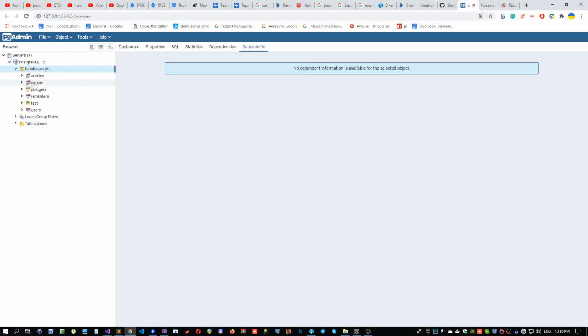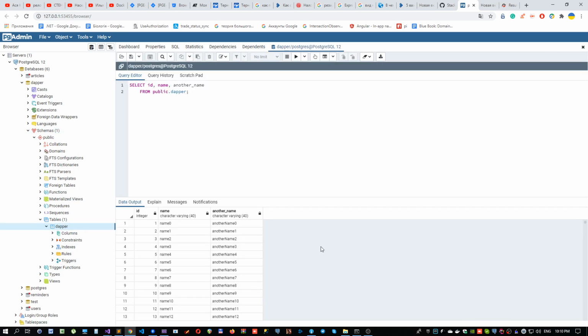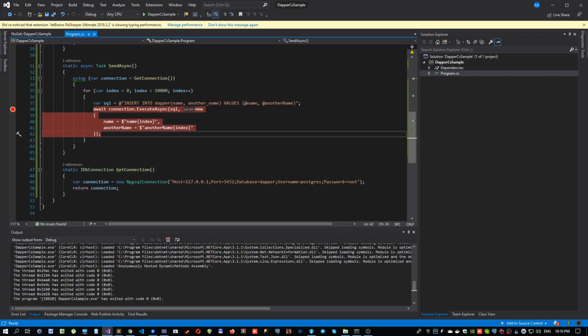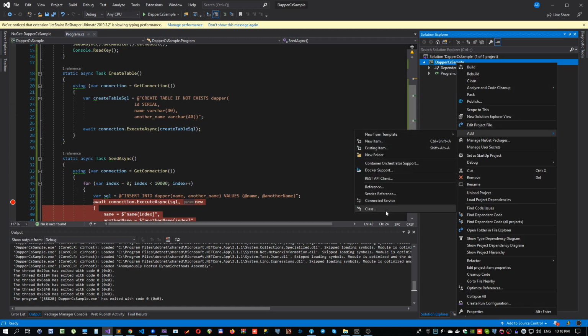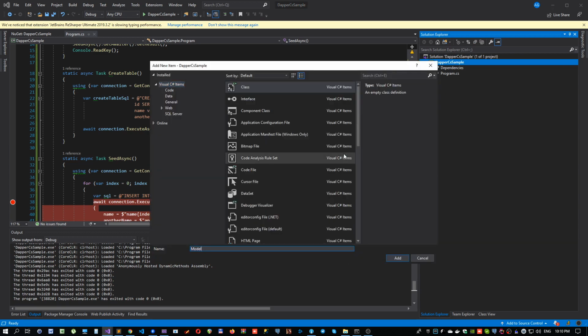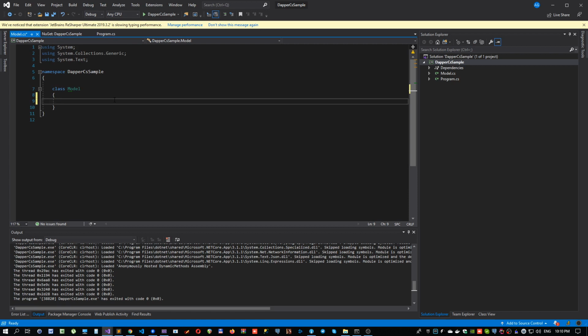Slow down, I suppose. Let's refresh here. Yes, we already have seeded data. Okay, so let's start. Let me implement this model which we want to work with. Let me call that just model. And for sure it has an ID as the primary key